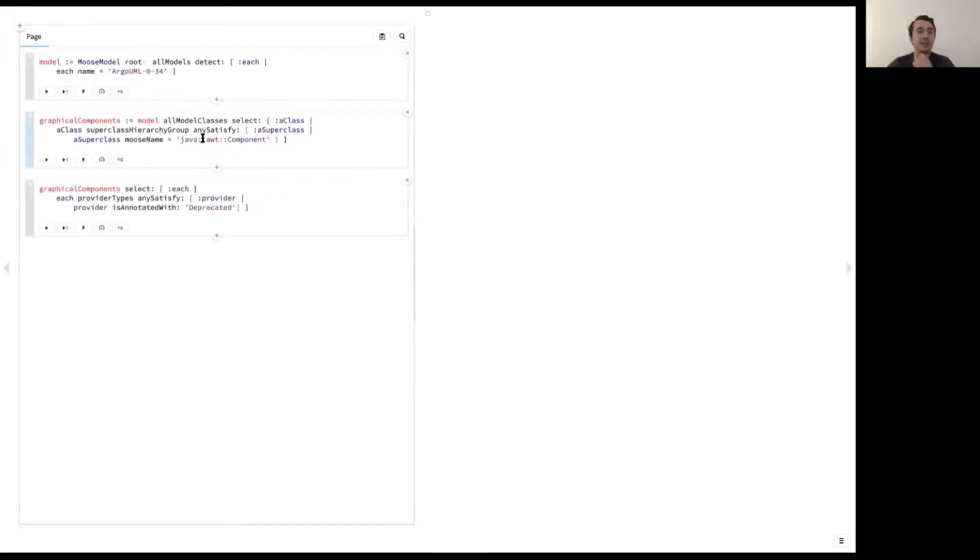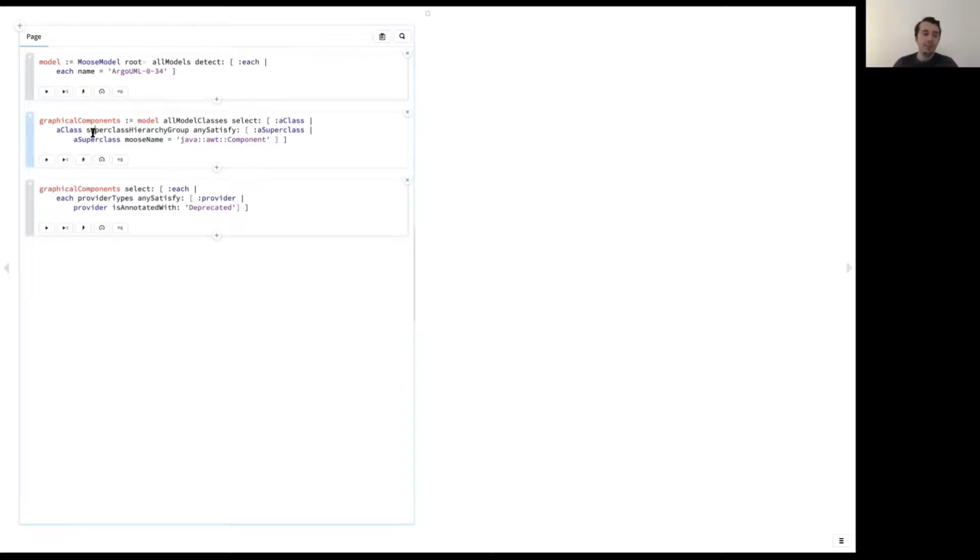And at the end, to finish, let's just show you one more thing that we can do once we have these analyses in place. As often, let's say we write a query. Let's say that what's very important in our system is that we have graphical components, which we can say are all the classes that are inheriting from Java AWT component. And what's important for us is to know that these graphical components do not call any deprecated classes. It's important for us because we want to make sure that our UI is in a good shape,